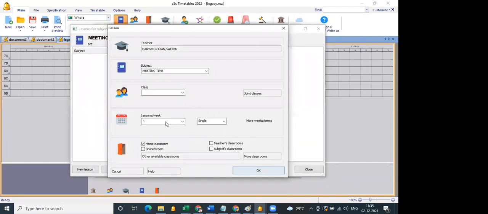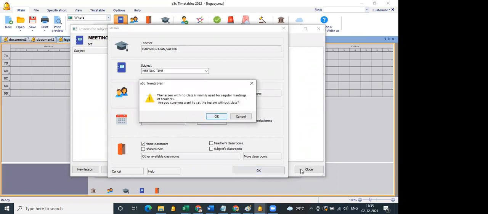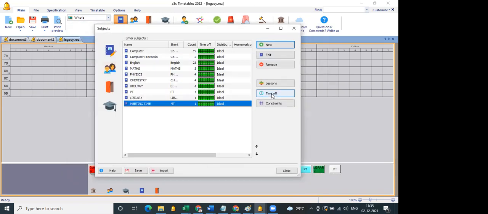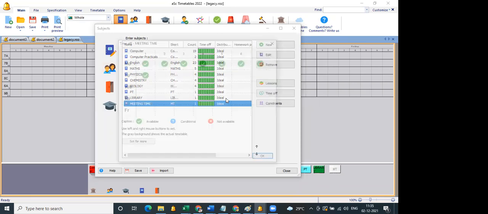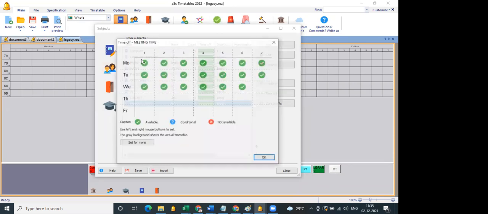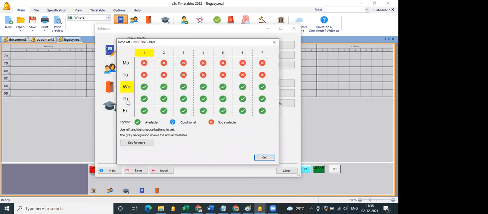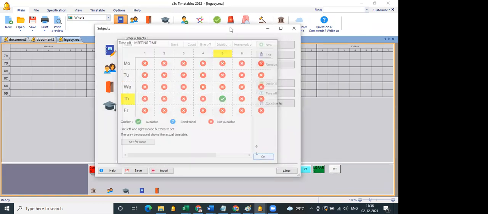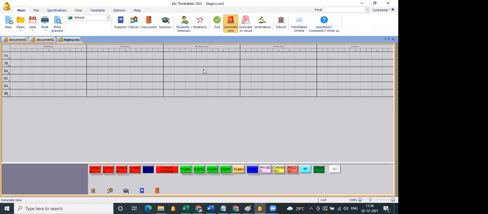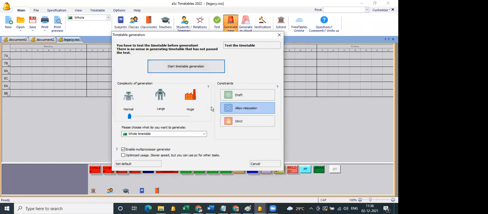So it will be without class, and you can block it on which particular period. You can use the time off for the subject. So if I want to use this time off, say it happens on Monday 5th period, I mark Monday 5th period, I block, and I will generate it. Simple.